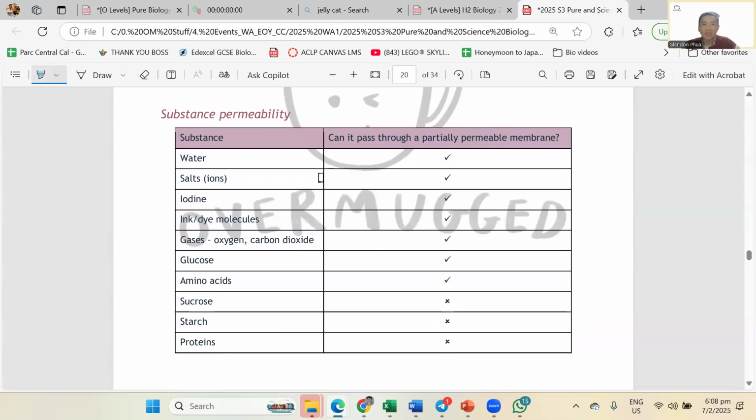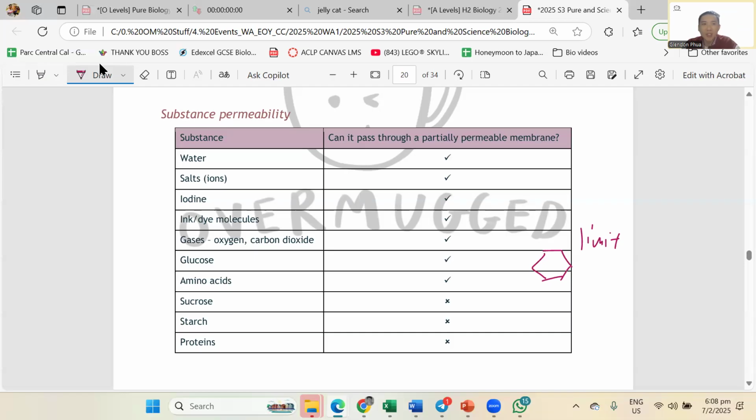Now, some things will not be able to diffuse. I need you to remember this, okay? So I'll just draw and show you. Of everything here, your glucose is the largest. So glucose, draw with me, it is a 6-sided thing, a hexagon. So this is the limit, okay, in this topic. They will put some glucose or some sugar solution in a Visking tubing. Then the glucose can diffuse out.